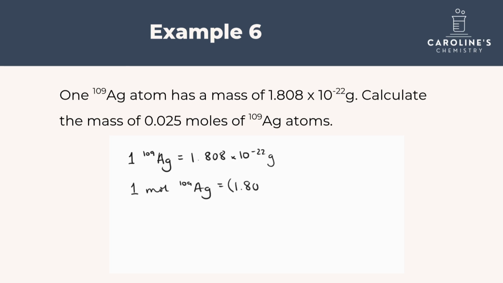Again, calculator brackets is a really good idea here, so you don't get the wrong answer, even though you've got the correct workings. So timesing by the number of atoms in a mole, 6.02 times 10 to the 23, and that gets us to